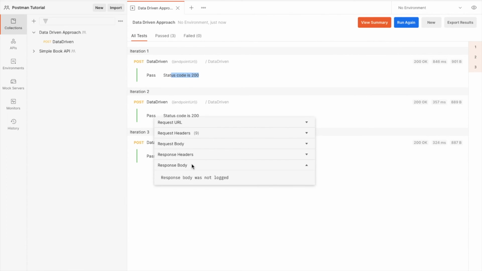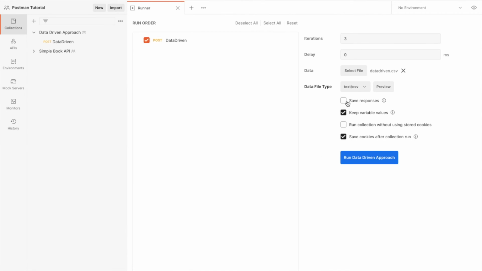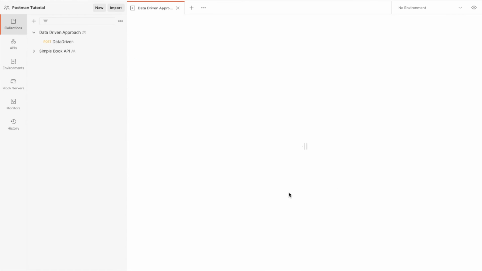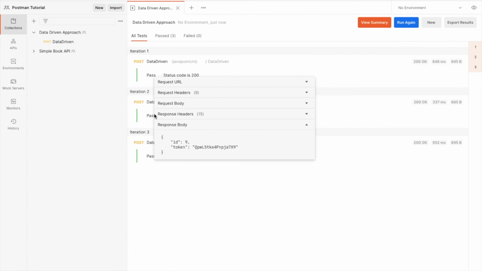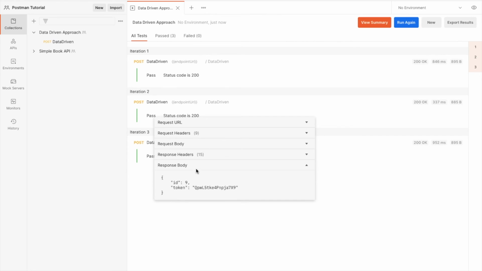Now if I click on the response body, it is not logged because I haven't selected the option to save the responses. So for that, I'm going to go over here again, select save the responses. Now I run it again. So you can see this is the result I have got. Let's see the response. You can see the response is coming now. This is how